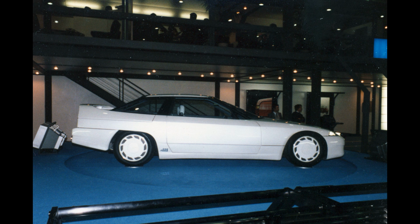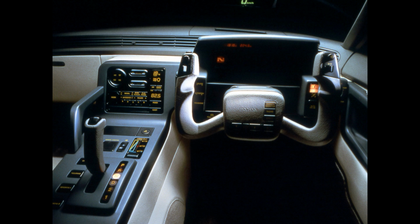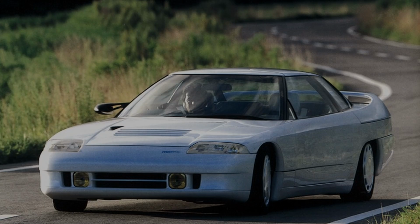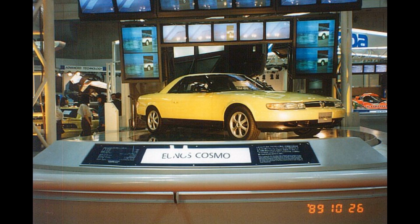as Mazda's Tour de Force, featuring things such as the turbocharged three-rotor engine, all-wheel drive, four-wheel steering, yoke instead of a steering wheel, and a claimed 0 to 60 acceleration in just 4.6 seconds. And while that concept never ended up going into mass production, it found its influence in the new Cosmo, presented